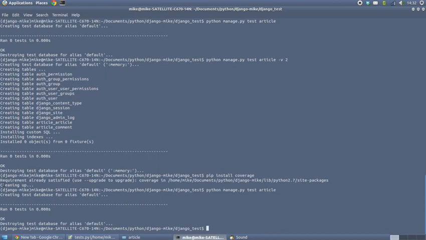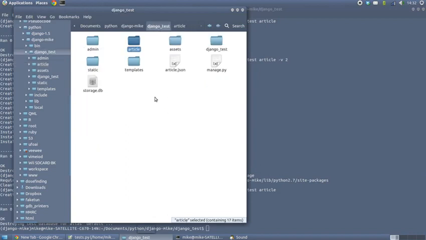So we get a few output messages, and then it says creating test database for alias default. This basically means that it's creating an alternative database for our tests when it comes to doing models and things like that. So in our Django project, we've already created a storage.db, and you'll remember that from the database tutorial. What it'll do is create a duplicate of one of those and use that database to do all the tests. So we should effectively, in the creation of the test, create an empty form of this database containing all the schema and everything that's involved in the actual site itself, but then use it to create empty records for our testing purposes. So that leaves this particular database completely alone to itself and unaltered,